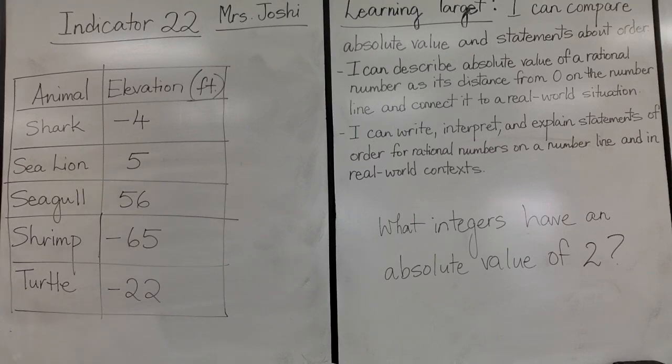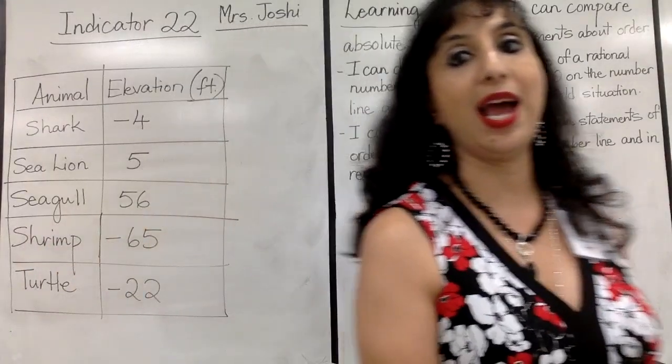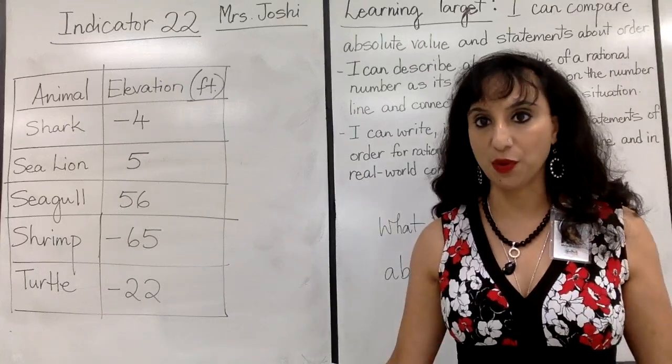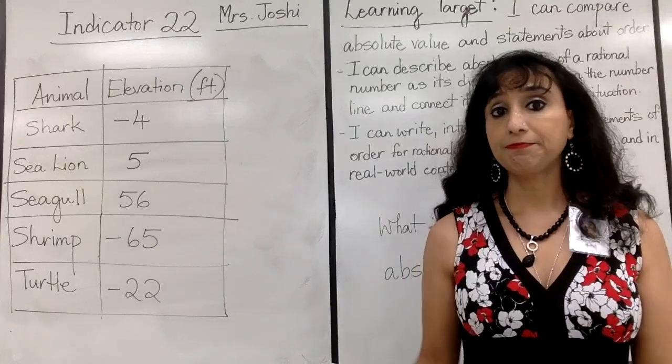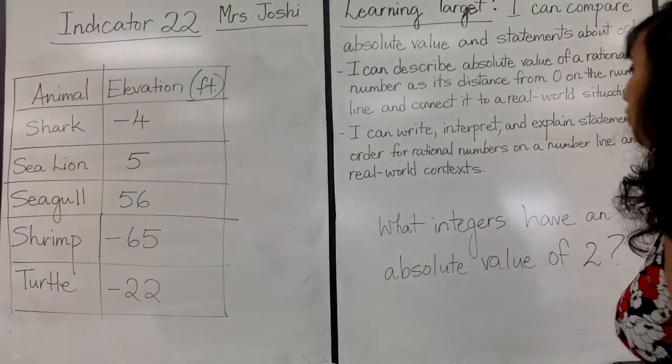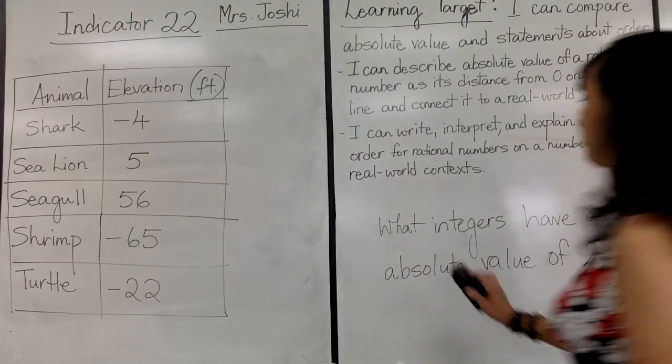So the table is showing the elevations of several animals. And elevation basically is the height where it is from the surface of the water. First and foremost, which animal is the deepest? Deepest, guys, obviously it has got to be underwater first and foremost. So if I was graphing this,